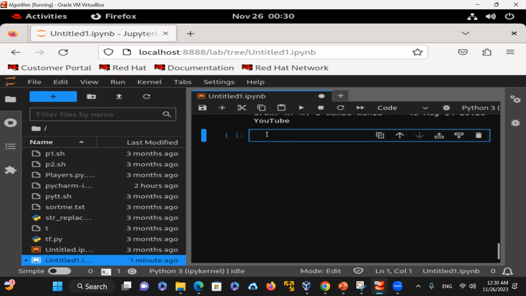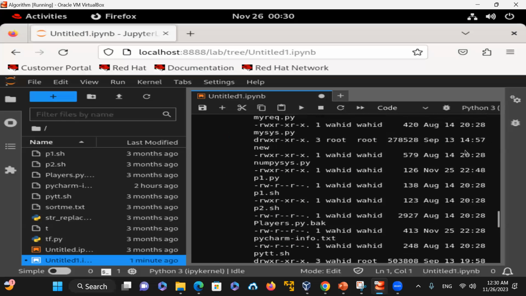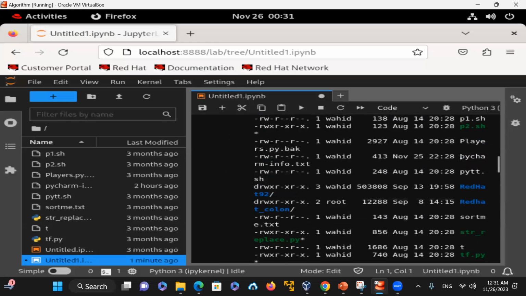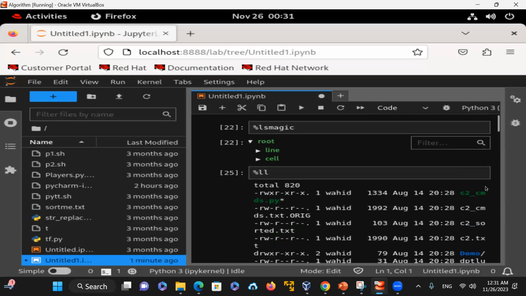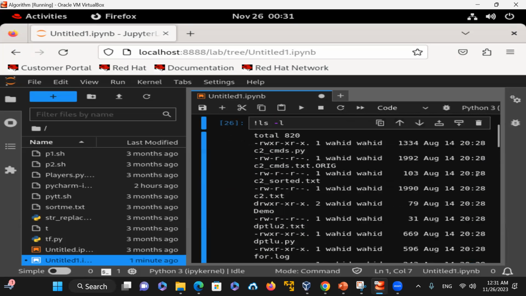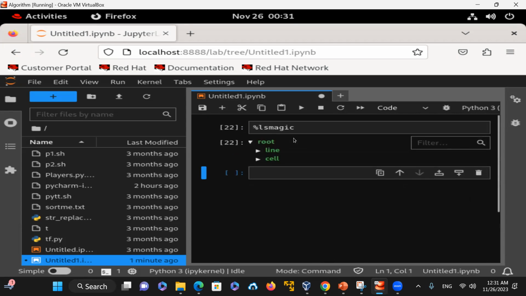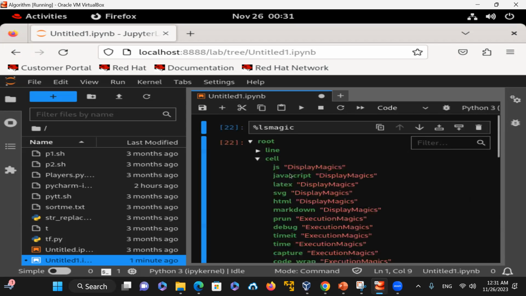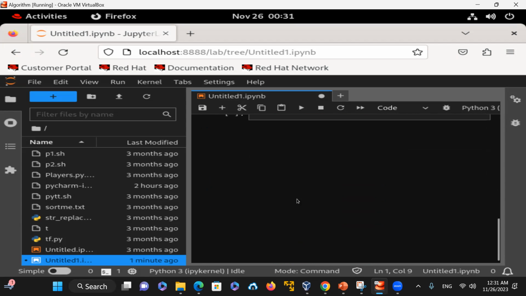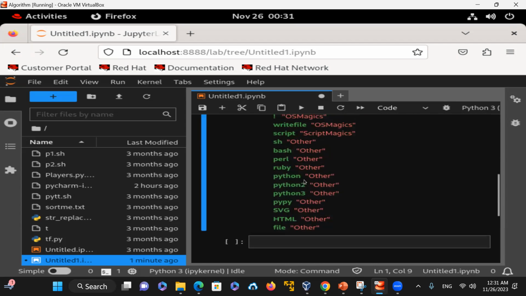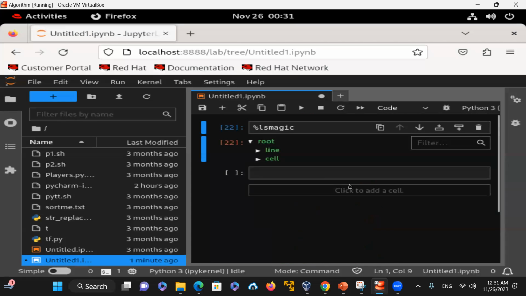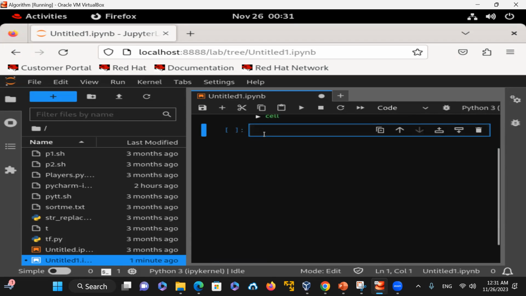So there are cell magics, and then there are line magics. As I showed you here, if I just delete these two, that's too long of a command. And this one also. So right here, you can see the cell magics. If you do the cell magics, all of these ones use two percent signs. That means if I want to use one of them, like bash or any other one, I could say %%